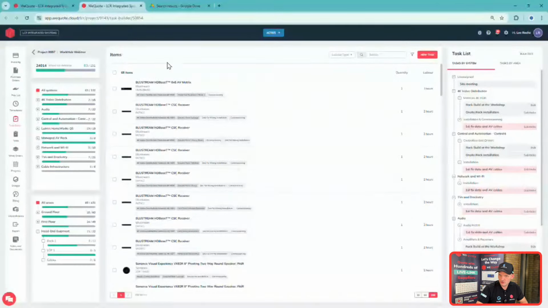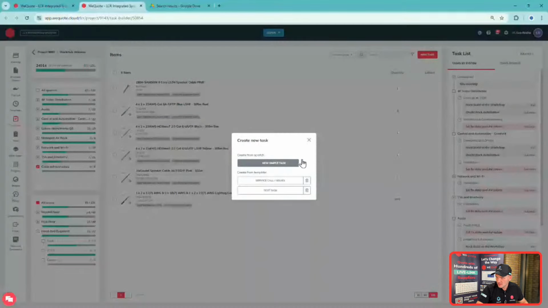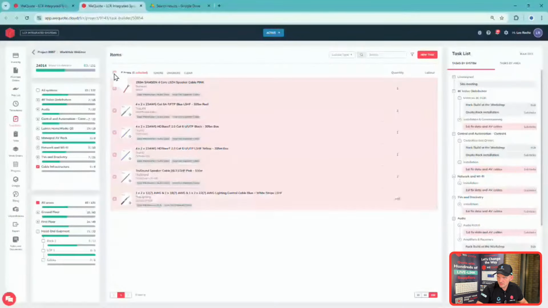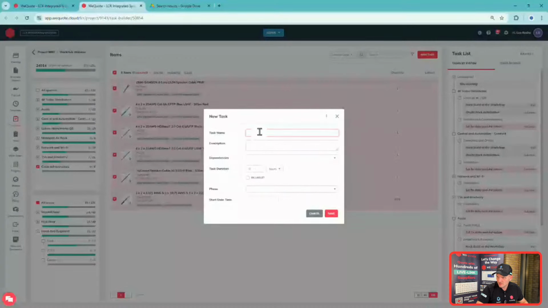Yeah. Okay, I just got to get this quote built. So then next one, I'm going to put another one on there. So it's cables as well. So I could say this is going to be dropped off to site. So we need to make a task for that. So I go new tasks, select all of them, all cables in one, new task, bulk task,